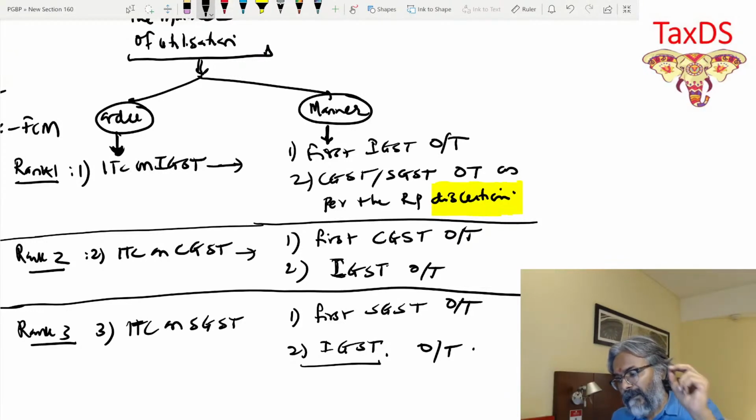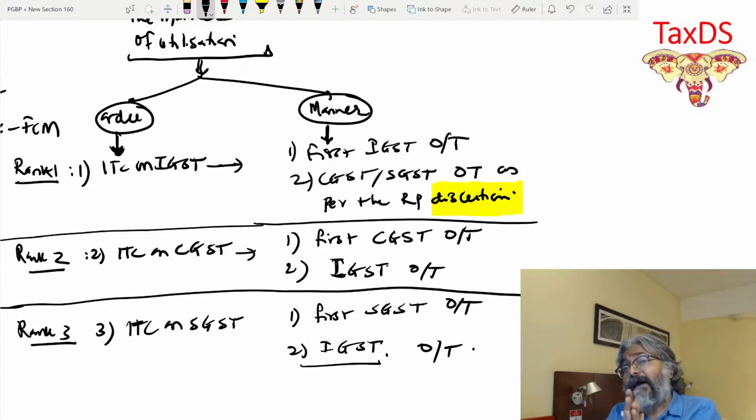However, some questions will tell you that you are supposed to do it in such a way so as to minimize the cash outflow. The cash outflow, students, is what they are trying to emphasize, and that is what you are supposed to put across in that context. We'll see those kinds of questions.